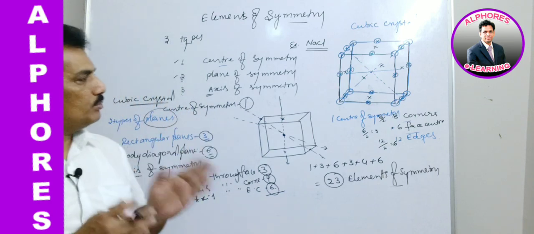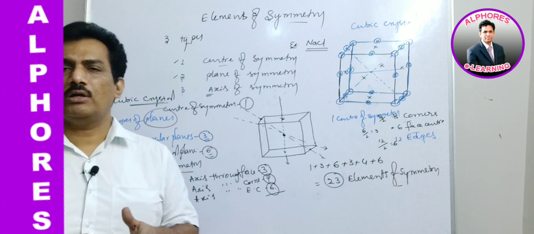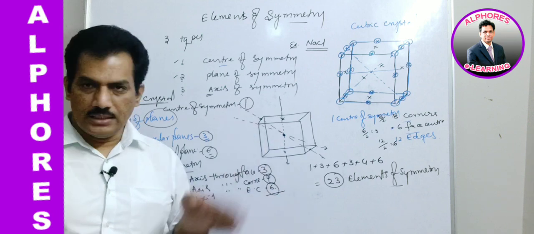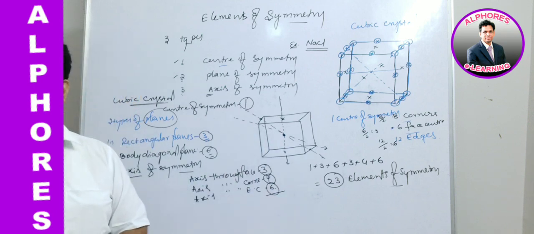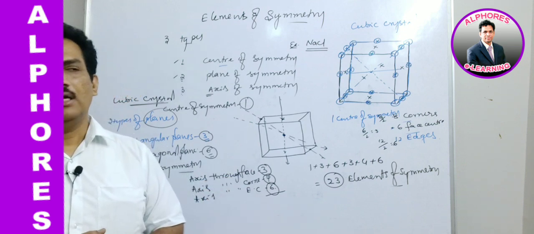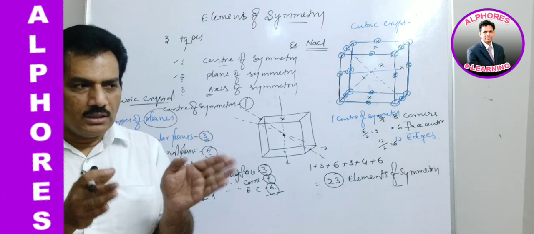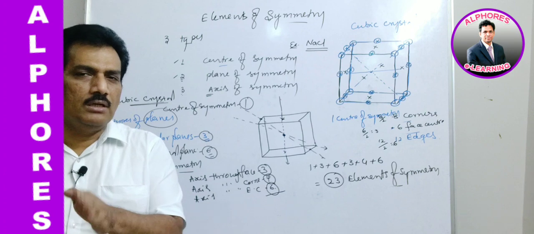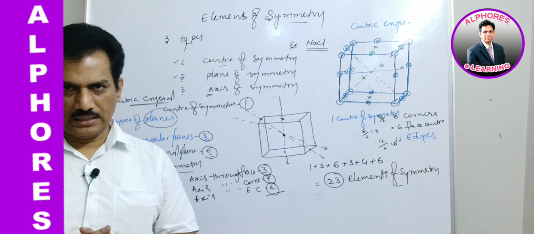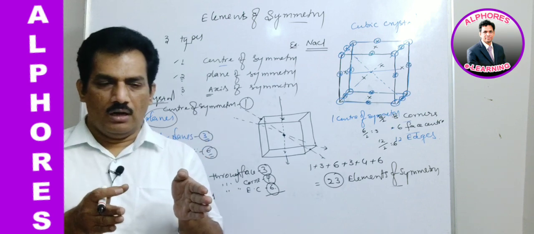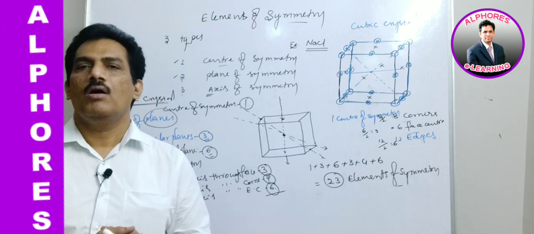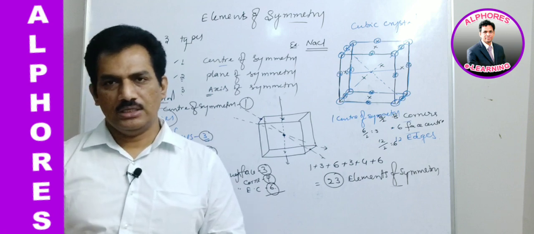After this, not only for a cubic crystal but for crystal solids, Bravais analyzed the crystallographic parameters, that is, the edge lengths and the angles between edges. With the mathematical application of these crystallographic parameters, he observed that there are 14 basic crystal structures in total solids, and those are known as Bravais lattices. How did he find those 14 Bravais lattices? What are the parameters for considering the Bravais lattices? All these we will discuss in the next session. Clear?